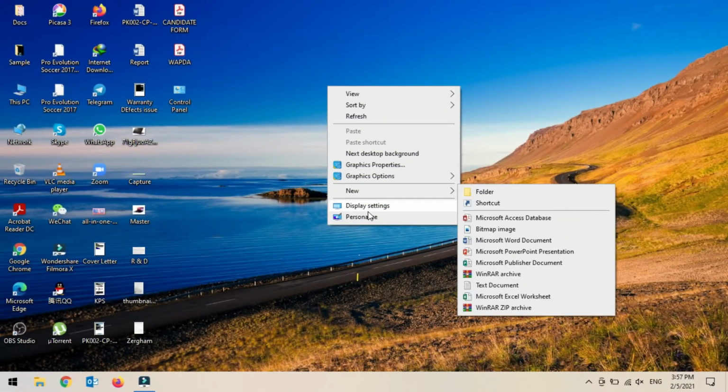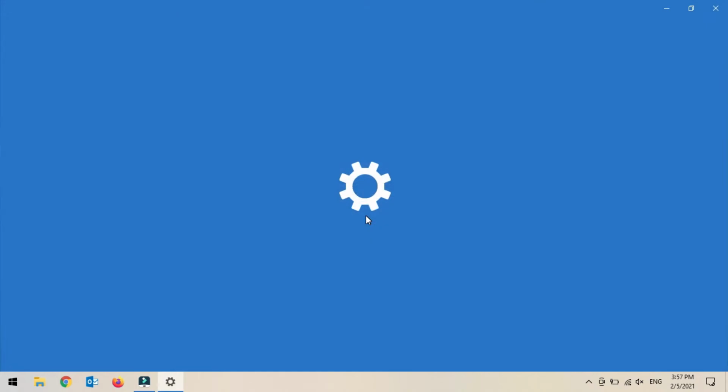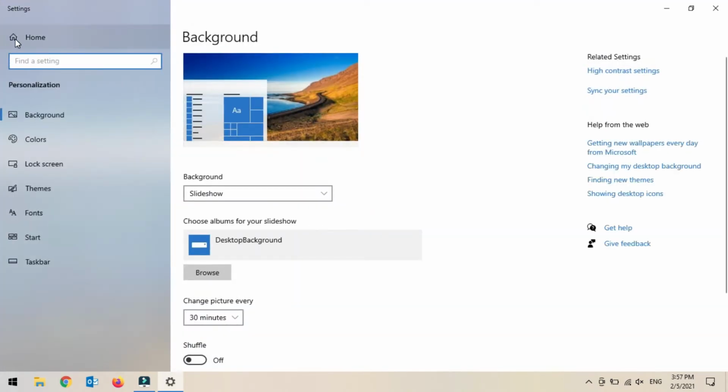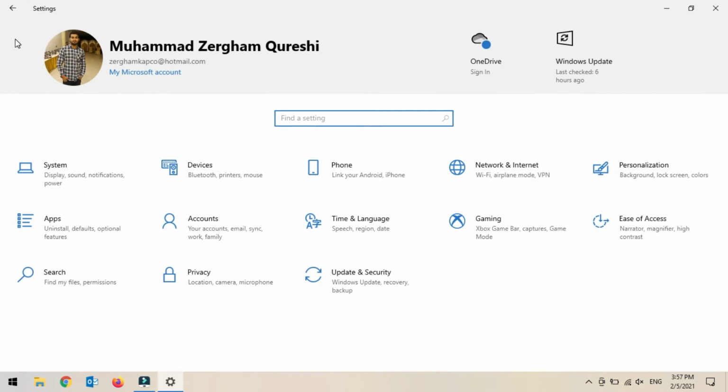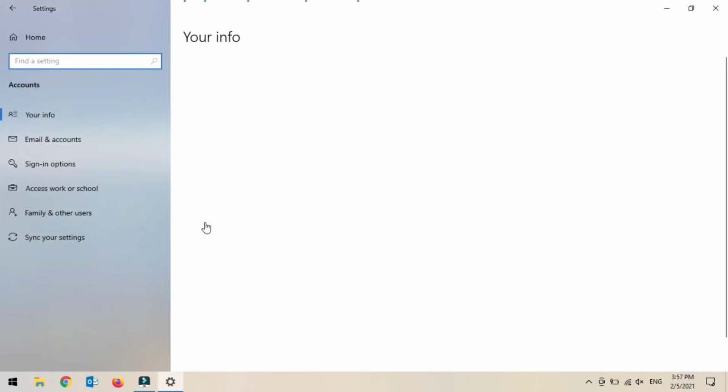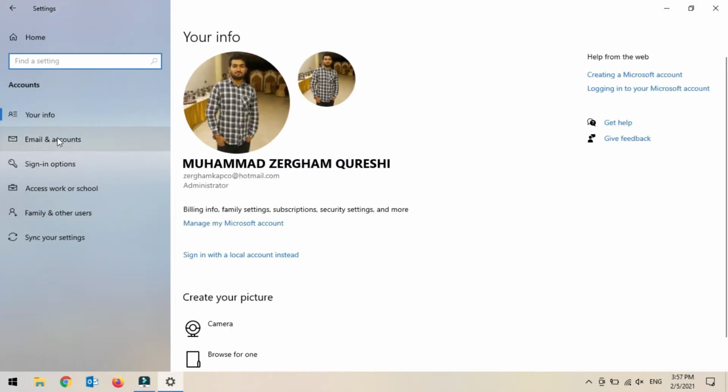So first of all, you have to right-click on your desktop and click Personalize, and then you can go directly to Home. As you see, this is the main Windows Settings menu. So you have to go to the Accounts section, and then you can see there are Your info, Email accounts, and Sign-in options. So for putting the lock on your phones,